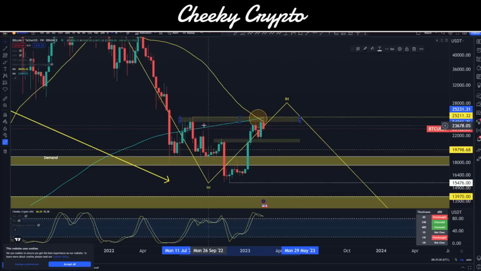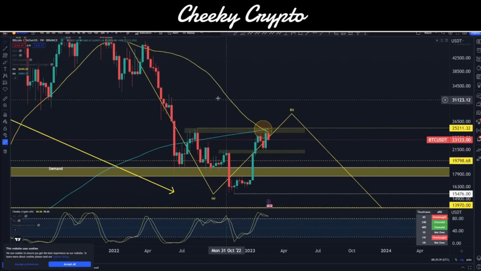We can also see that we've been hit back down quite heavily from this $25,000 range. This is the same range that took us back down in August of 2022. It's the same range that's hitting us back down now, except we have the death cross on the simple, well, it's not even a simple moving average, it's just a moving average. And then, of course, we can change this up.